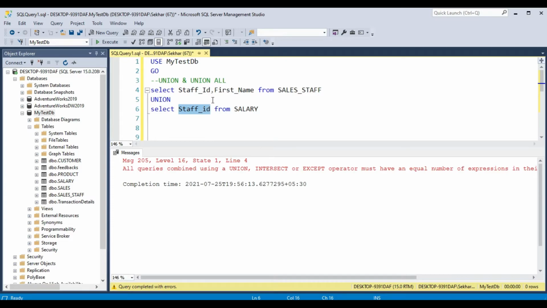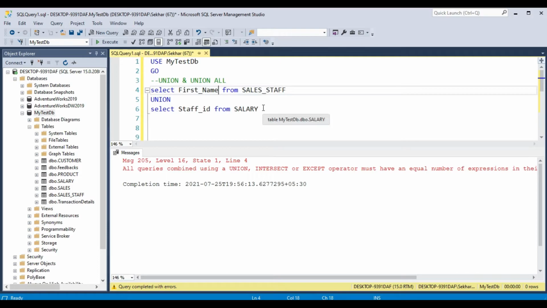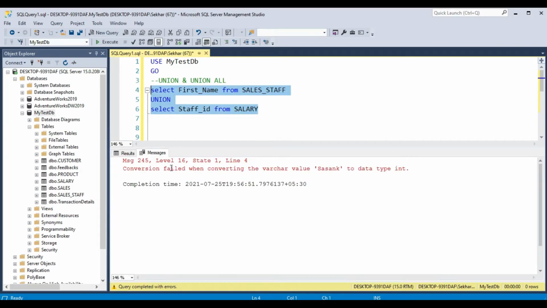Suppose in the first select statement I have staff ID, and in the second also I have staff ID. What if I change the first one to first name? Let's try this. If you run this, it will give you an error that conversion failed, converting varchar value to data type int.